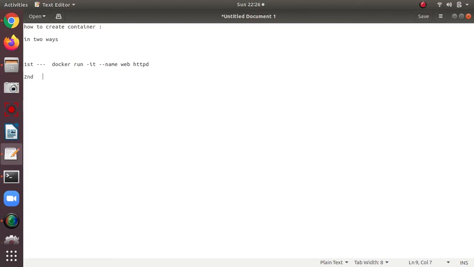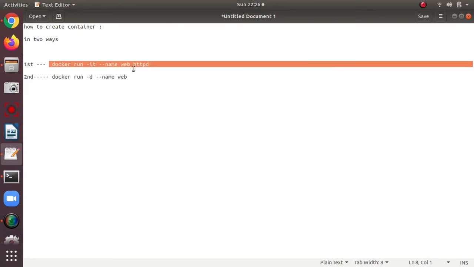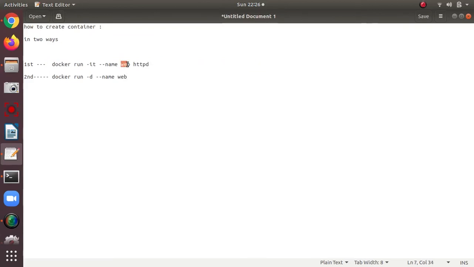The second one is docker run -d. It is daemon mode, it runs behind, in the background, the container. Here web is the container name and this is the image name, so we don't give the same container name twice.